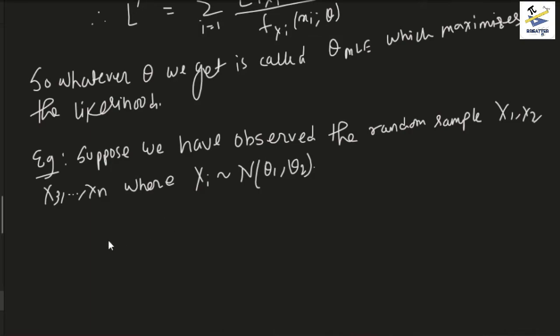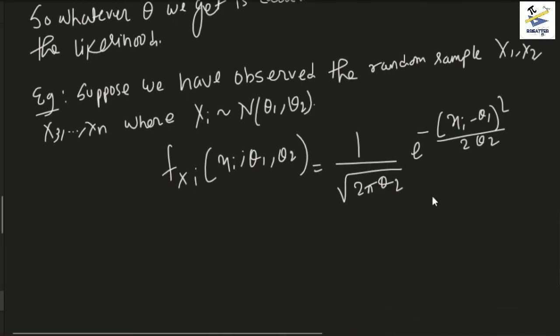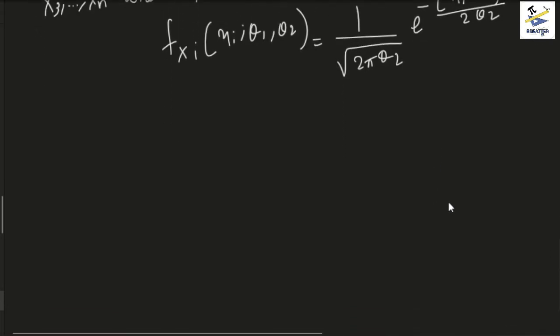Okay, so what we need to do here is obviously the PDF for all the xi's given the two parameters theta 1 and theta 2 is given by 1 by root over 2 pi theta 2, e to the power minus xi minus theta 1 squared by 2 theta 2. Now let us find out the actual value, and let us see how we do it. So to find the likelihood function, we see